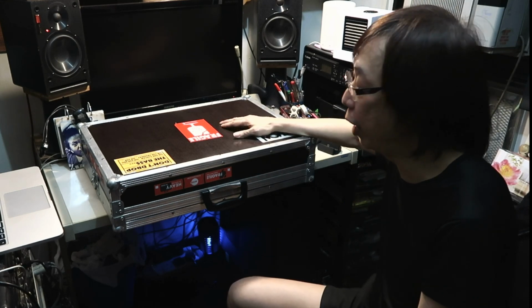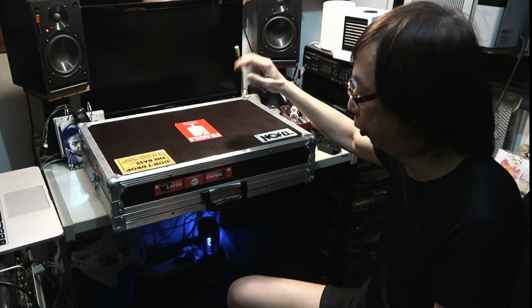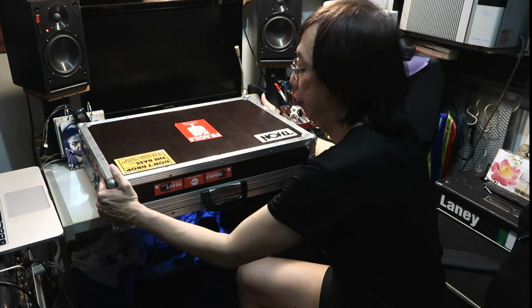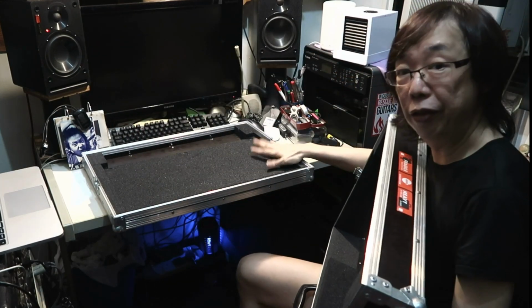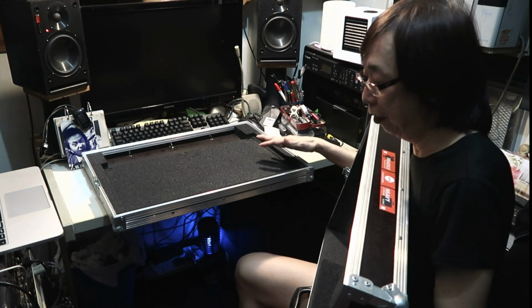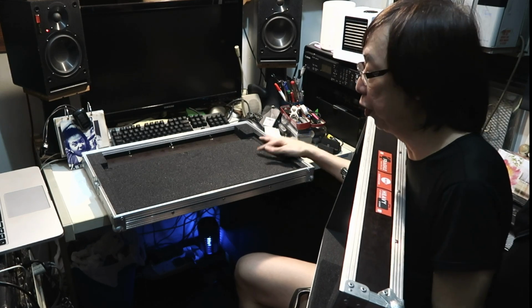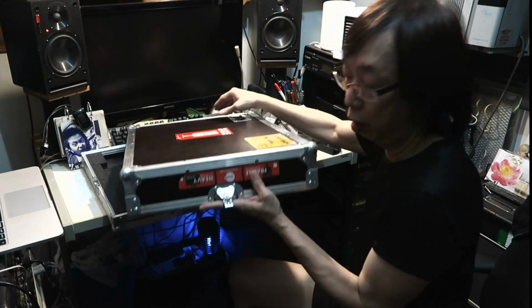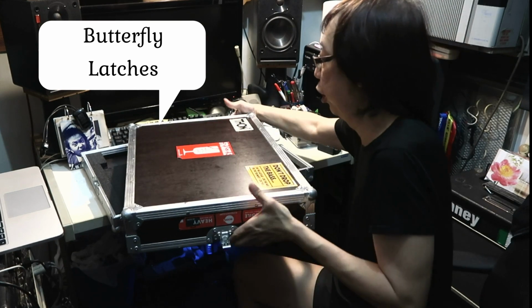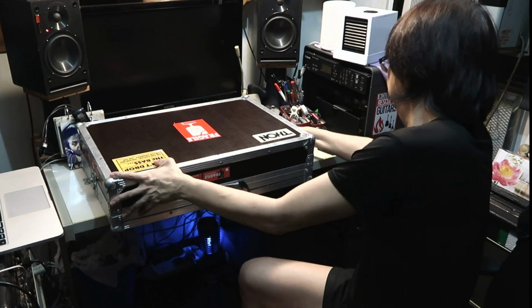It's a really great case, and I traveled with this case with my Helix to Macau, and everything was great. It protected my Helix really well, right? And this is how it looks inside. My Helix is out because I put it in the Helix Backpack. Really nice, really well designed, well manufactured by the Germans, I believe. Yeah, it's manufactured in Germany. Great